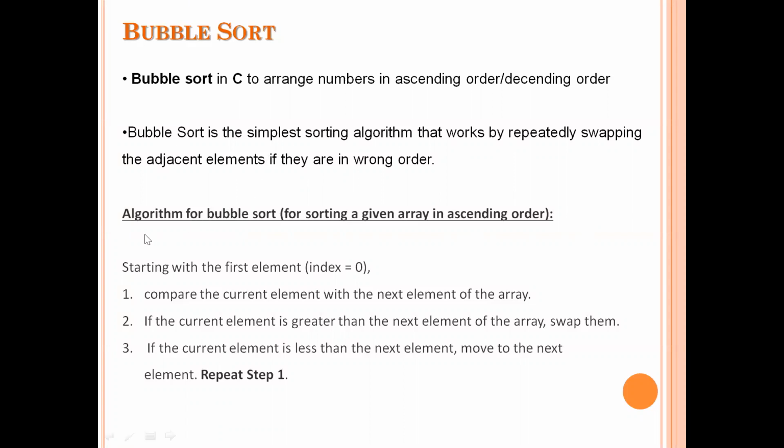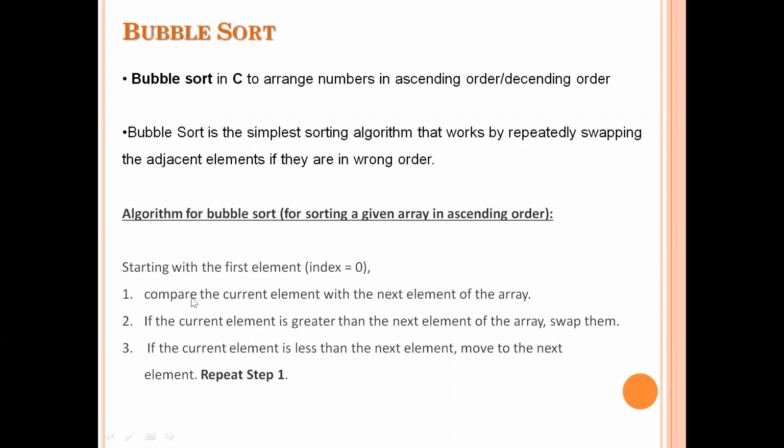Let us see, here I wrote a simple algorithm for sorting the given array of elements in ascending order. First of all, whatever numbers you want to arrange, you just store those numbers in the array. Just assume that I want to sort the numbers in ascending order. Ascending order means the highest element should be in the last position, right? Now see, first start comparing with the first element. Start the comparison process from the first element. In the array, the first element will be at the 0th index. So start the process from the 0th position.